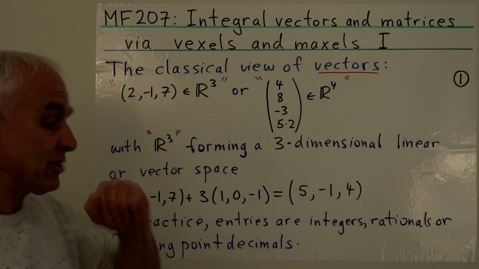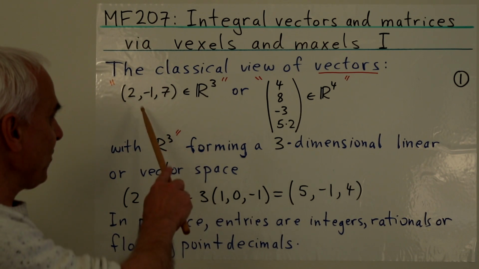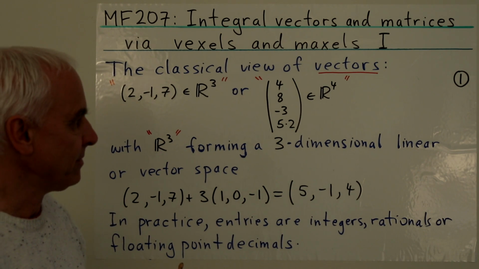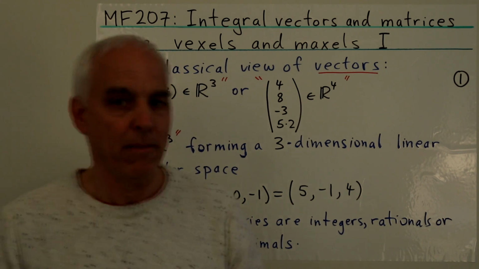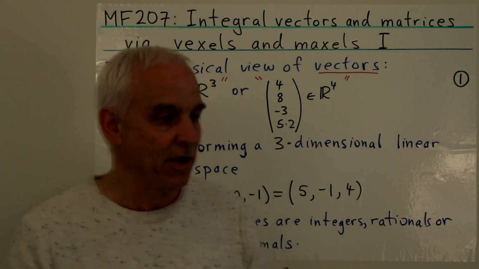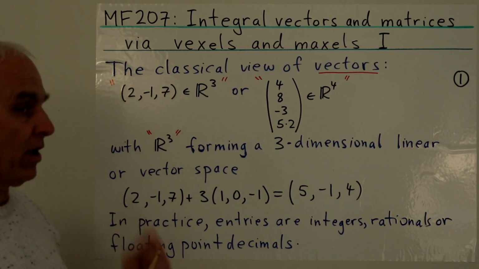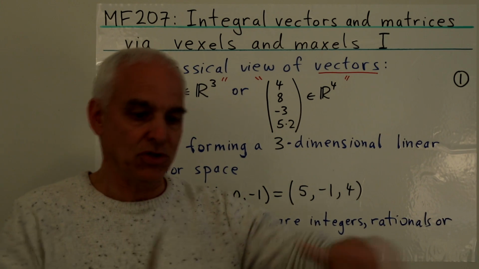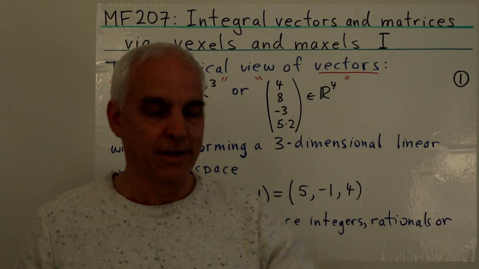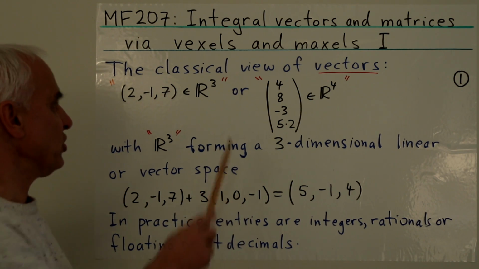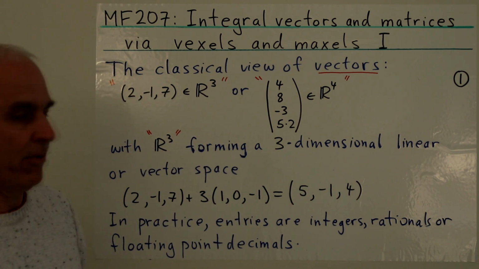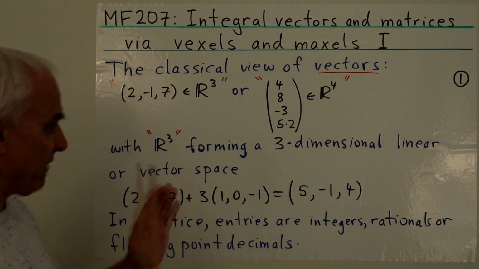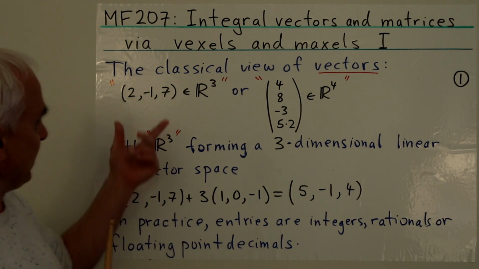If you look in a classical linear algebra text, you see statements like this, that here is a vector in R3, or here's a vector in R4. The assumption is that we're so-called working over the real numbers. And we know that that's a little bit of a fairy tale, because if these were really real numbers, they would not look at all like this. They would rather be involving infinite sets of infinite sets, some huge conglomeration that you can't actually write down. So it's very disingenuous to write a statement like this already, because the real number is far from being something as simple-minded as that.